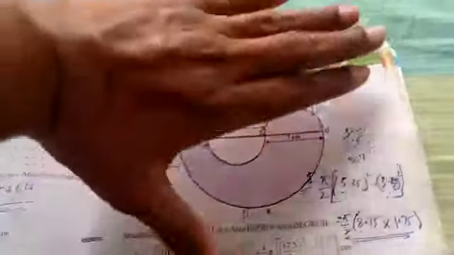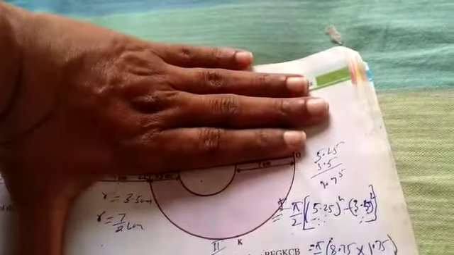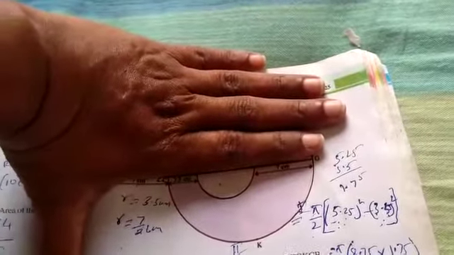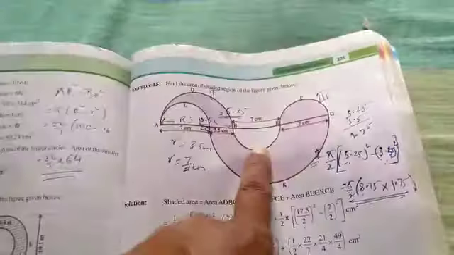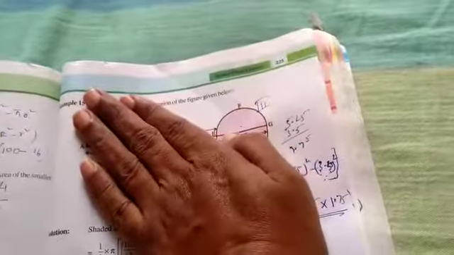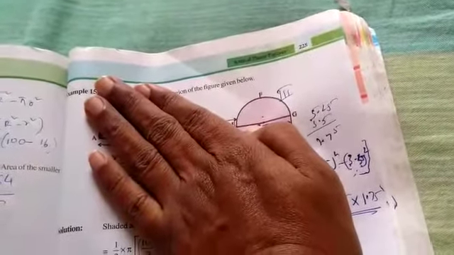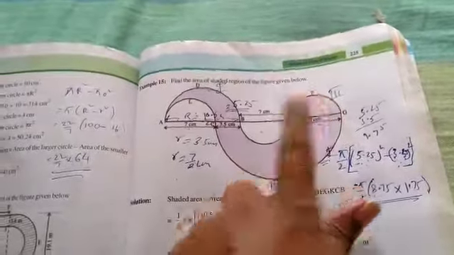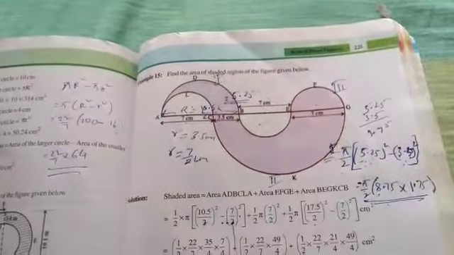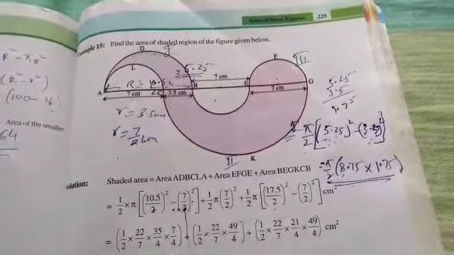Okay. Now forget about the whole thing. Now you can see that there is a shaded area, right? That is a bigger semicircle minus a smaller semicircle. Now when you forget all this, you have only simply a small semicircular area. So part 1, part 2, part 3. Add all the three, right? Then you will be getting the solution for this problem.